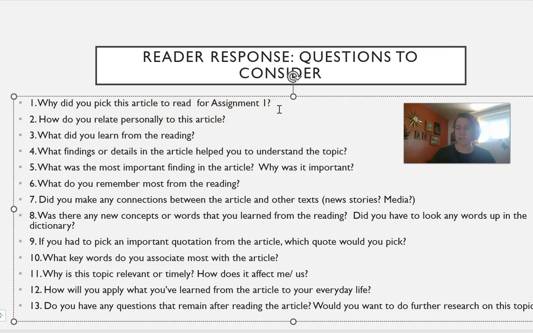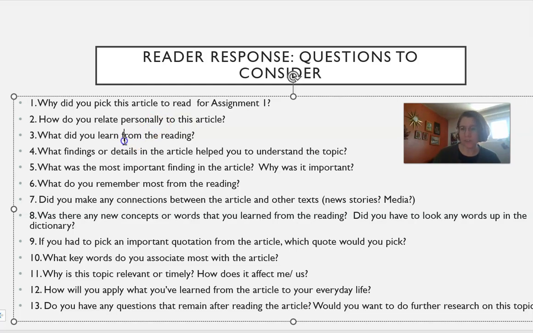So you might say, I was interested in the topic of blank. Or you might say something like, the discussion of food in residential schools was not something I knew a lot about before. So this article really introduced me to this topic. You want to really reflect on maybe why you selected that article over the other ones. If you could relate to the topic personally, you might explore that. But again, I don't expect you to dig up your trauma or anything like that to put in the reader response. You might just reflect on what you know or don't know about the topic,